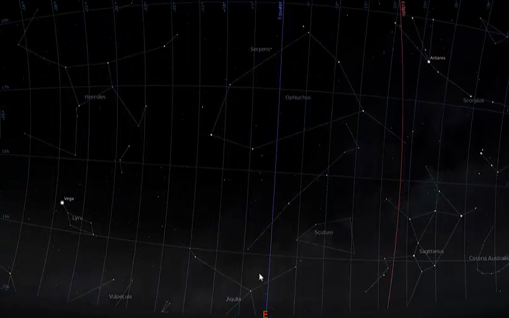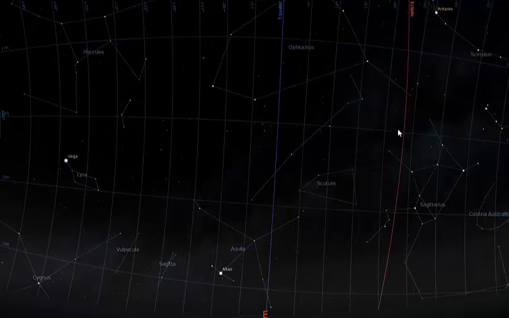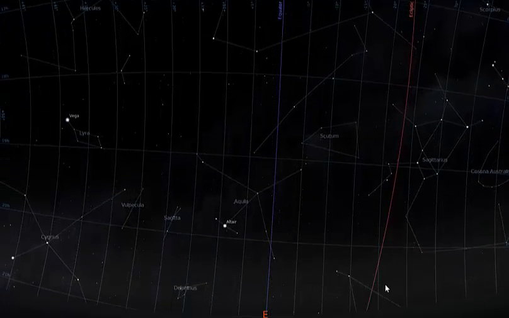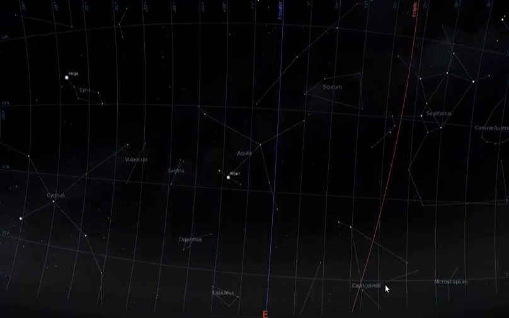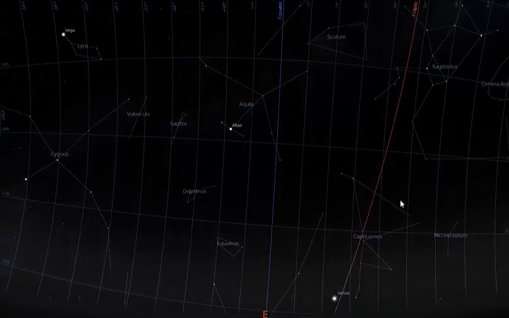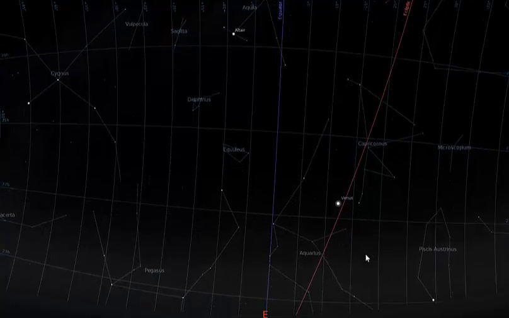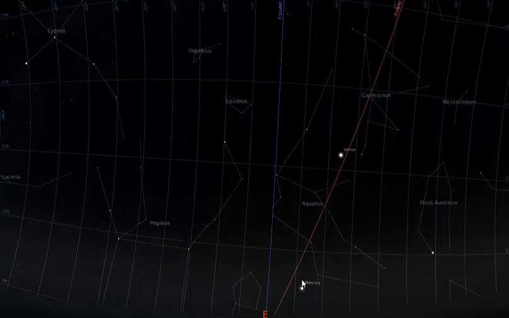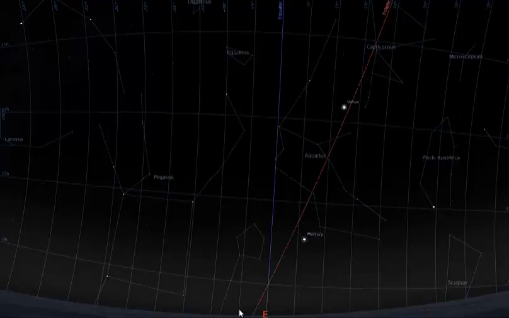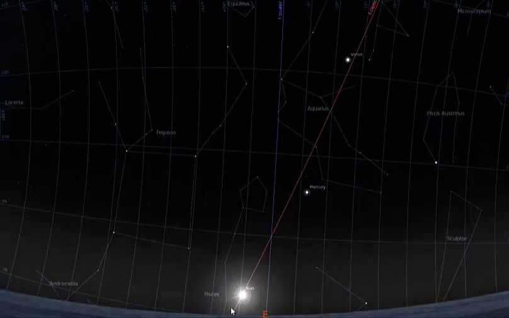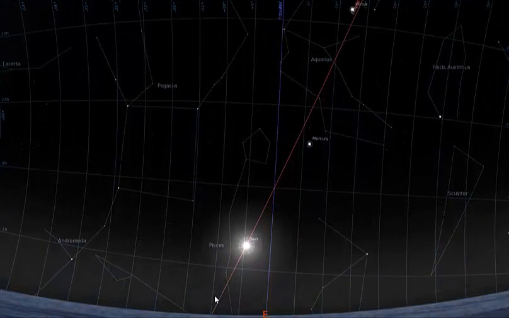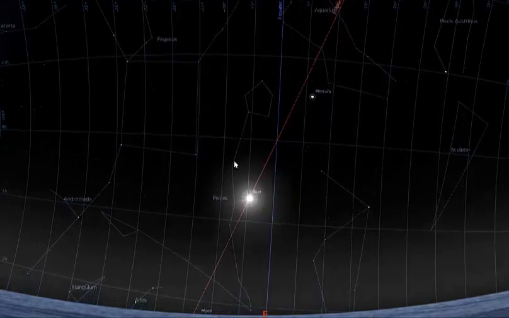Okay, so when the ecliptic is on the south side, these are all the southern constellations. So we have Sagittarius, Capricorn, and the rest of them. You know what the southern constellations are. And when it's on the north side of the line, what we have are the northern constellations. So Aries,